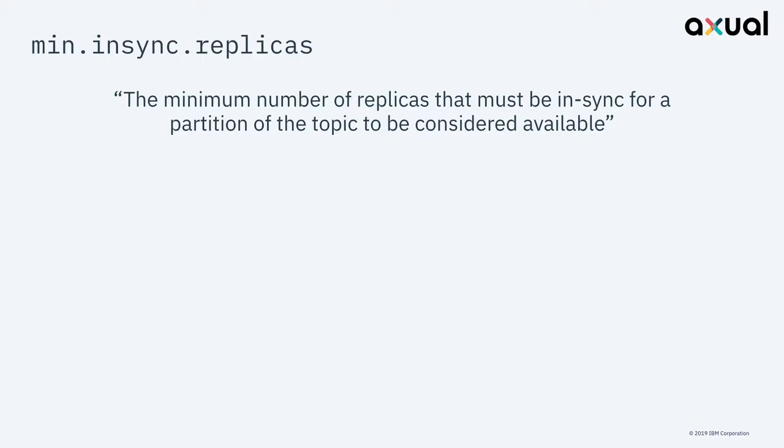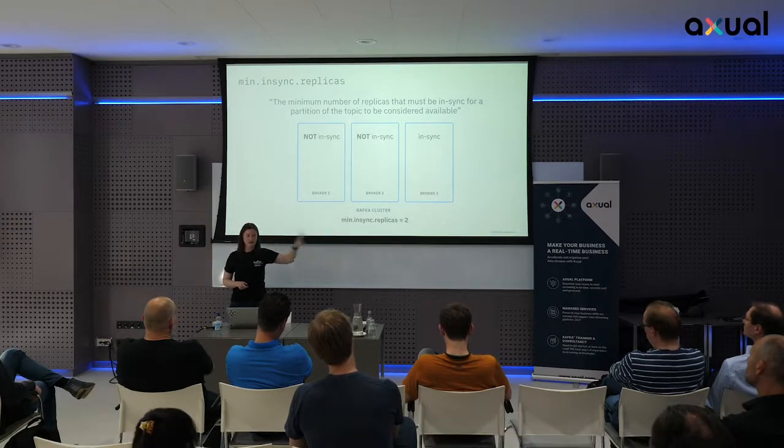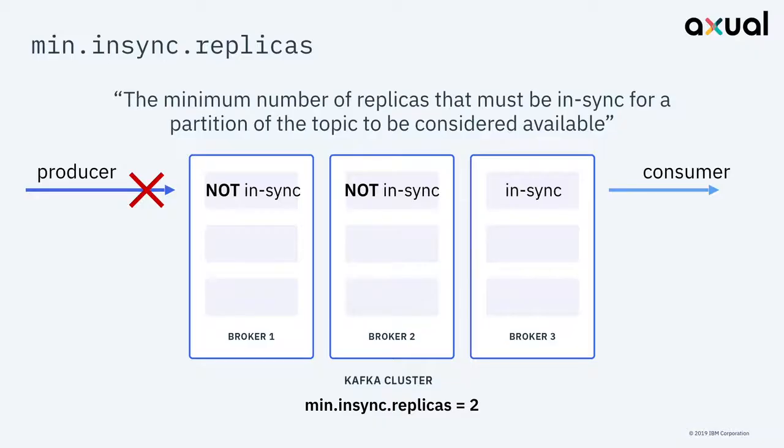be considered available. So what that means in picture form is that if I have 3 brokers and I've set min insync replicas to 2, and at the moment I've got 2 brokers that aren't in sync and 1 that is in sync, what Kafka will do is prevent producers from producing to your brokers. The consumers can still consume, but only from the in-sync one. But anybody that tries to produce will basically get back an error message. And they do get back a useful error message that explains something about it being unavailable due to the number of in-sync replicas. So this could be an interesting thing to look at from a Kubernetes point of view.